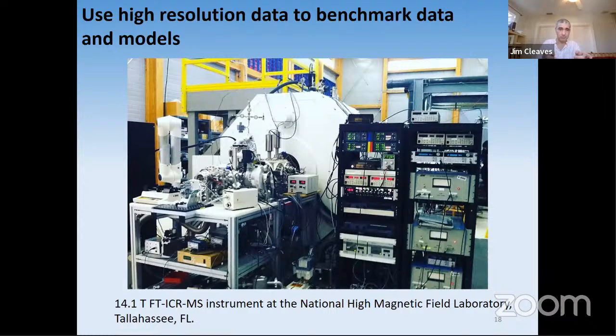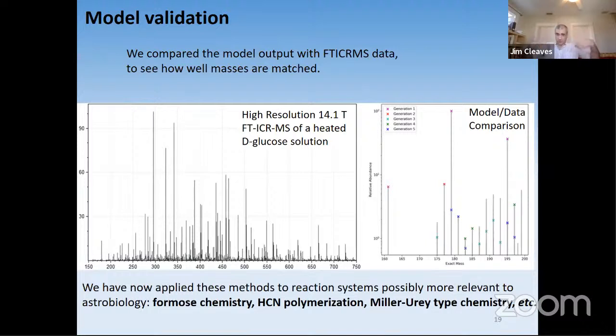The vetting of this experiment, or of this model, experimentally was done using a high field Fourier transform ion cyclotron resonance instrument at the National High Magnetic Field Lab in Florida. This is able to obtain really fine resolution mass spectra, so we can be fairly sure that the compounds we're detecting have the elemental formulas that we think they do. Okay, so we run this reaction network. It expands, it makes more compounds, and we can then ask whether we're getting mass matches of the experimental data with this experimental caramel with the model. And in fact, we do get almost a 95% match of the known molecules that have been detected using various analytical techniques, including